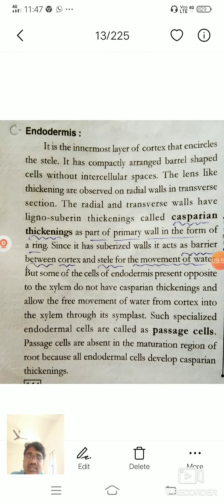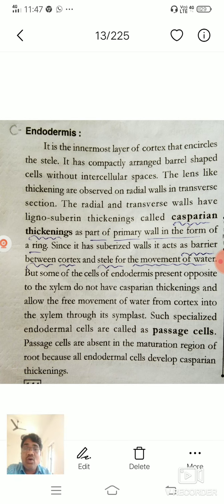Next, the third region in the cortex: endodermis. This is the most important concept, endodermis. It is the innermost layer of the cortex that encircles the stele. Stele means the region inside the outermost layer, that is, the endodermis. The endodermis is the innermost layer of the